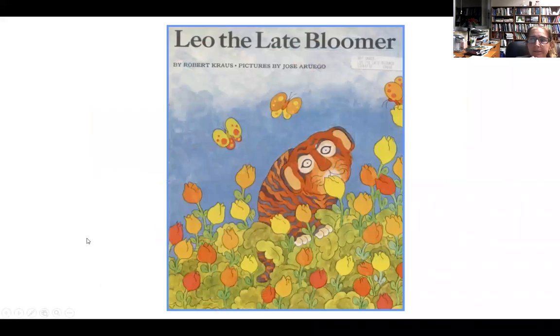Now, one of the things that I like to have my teachers realize is that not everybody's ready to read at the same time. So one of the activities I do is I read them Leo the Late Bloomer. I know I hooked that up. So,